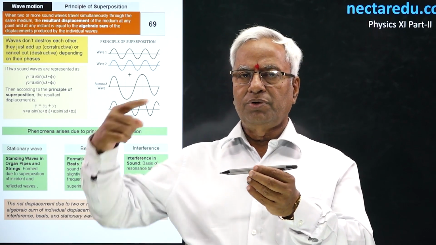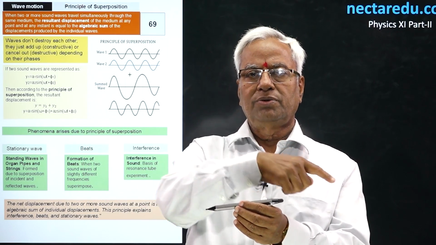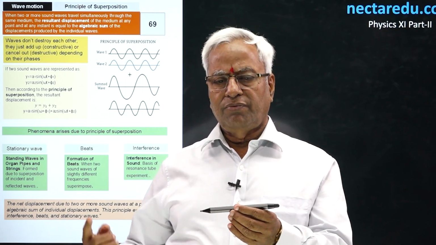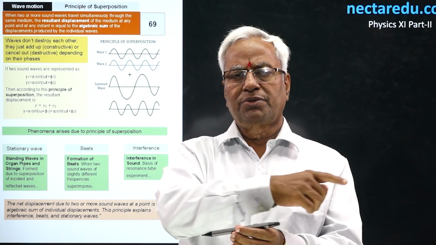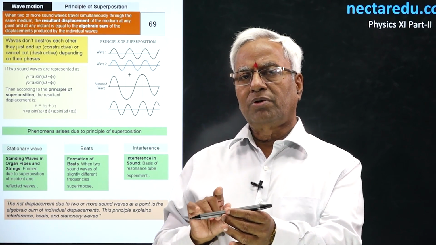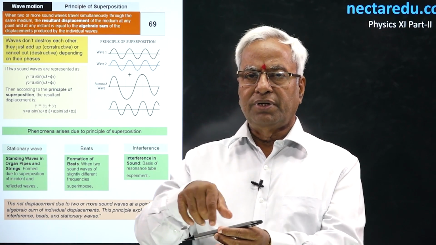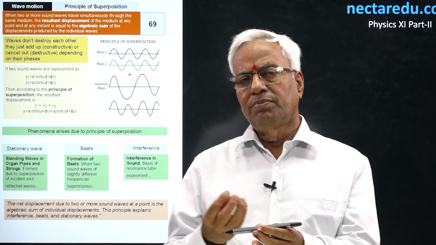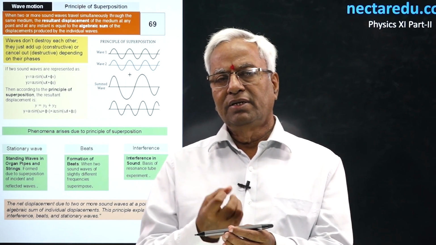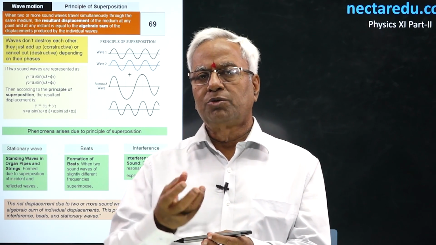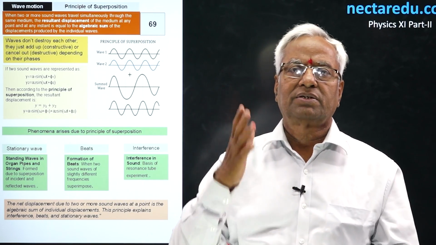Suppose some wave is going horizontally towards east, then the waves are produced this way, horizontal. Suppose some other wave is going towards north, then it will be proceeding this way. Ultimately, at the juncture, both the waves will meet, you might say, they will interact, you might say, they will collide, you might say, they will superimpose on each other.